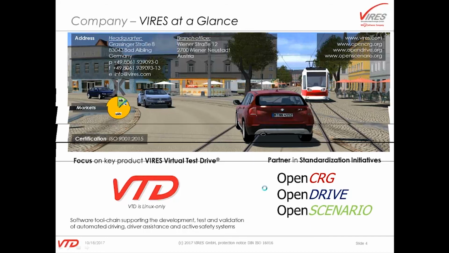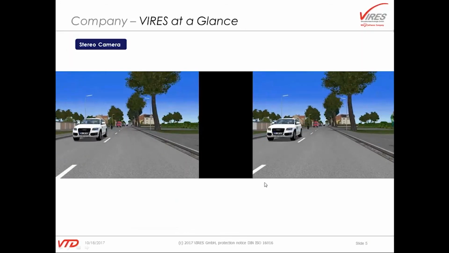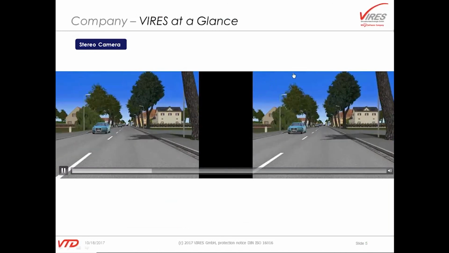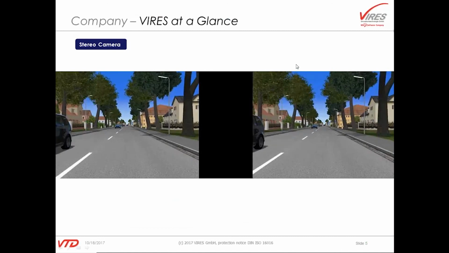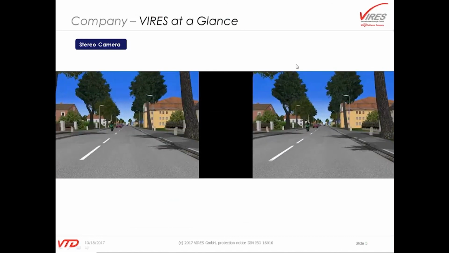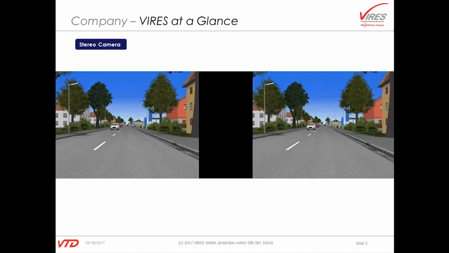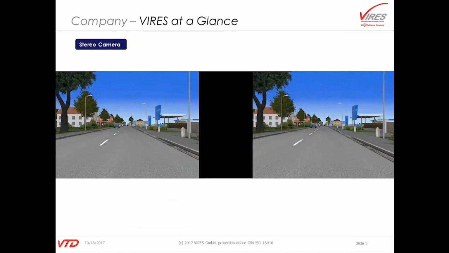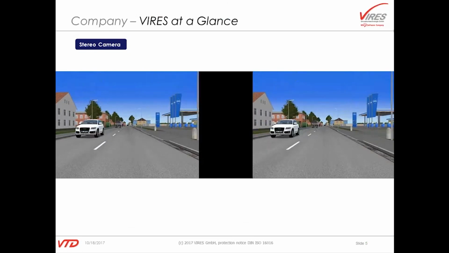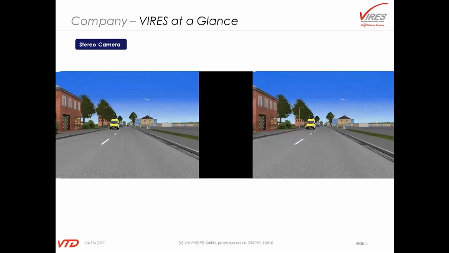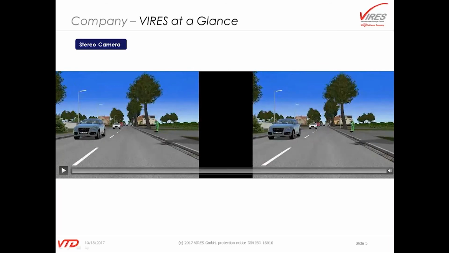Just for you to see what we are basically doing, I have a short introductory video. VIRES is working in the animation of this virtual environment, and so this is what you actually see here. It's a road. In this case, it's shown for a stereo camera application. This already shows that we can serve various backends, and you have animation of traffic. We saw a guy with a broom at the beginning. So we can animate virtual environments also in different weather conditions. I will show you this later on. This is one way of showing the environments that we are working on. Another way, which is